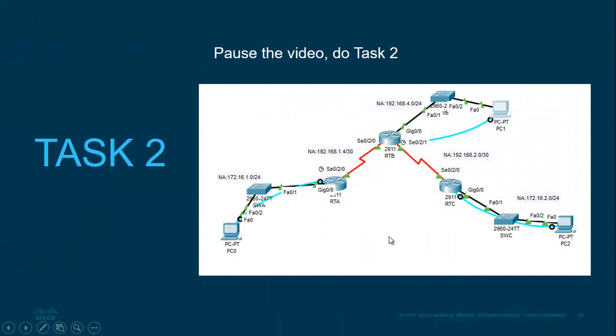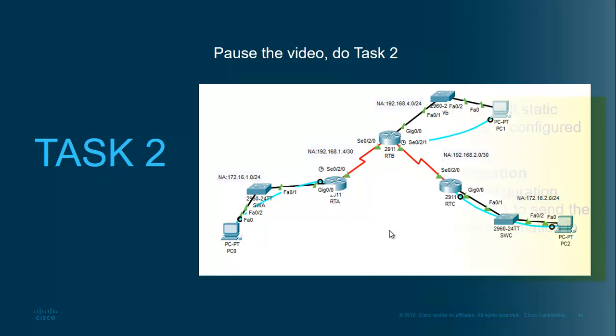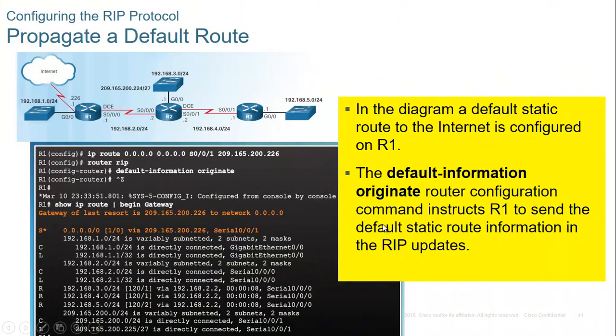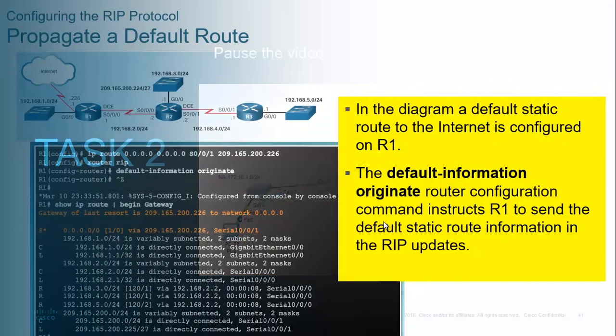Right. Let's move on to task 2. Task 2 would require you to use version 2 on the routers that you have already configured in task 1. Pause this video, start task 2. Once you've done task 2,